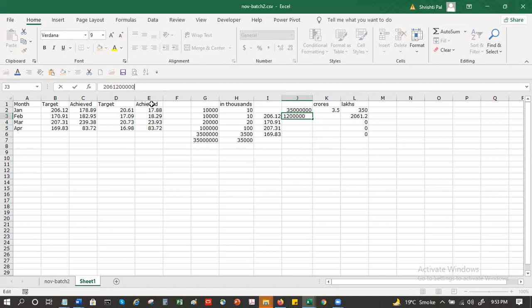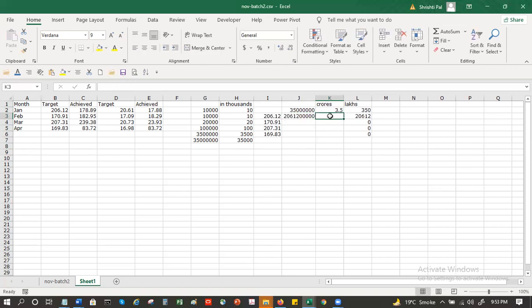And if I put another zero and then divide this by a crore, 10 lakhs, I get this 206.12 crores.